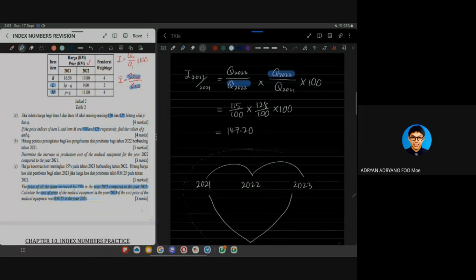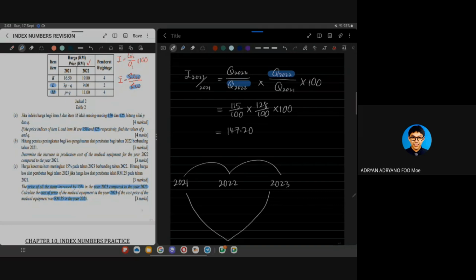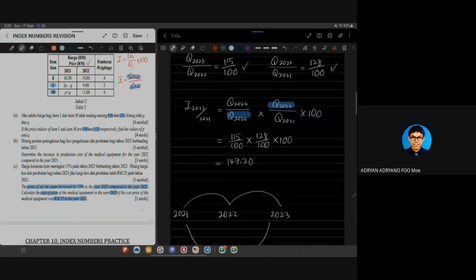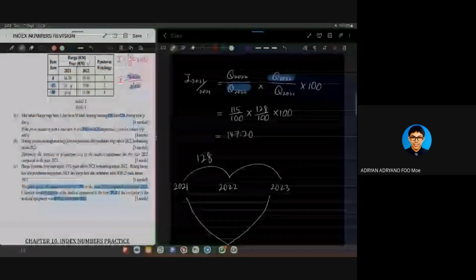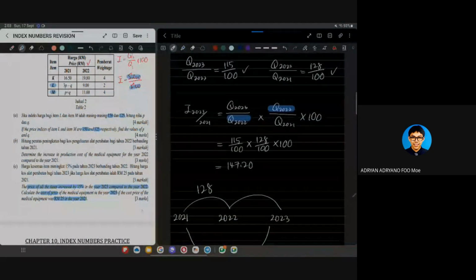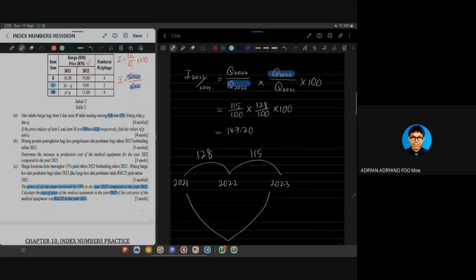Love method 的话，okay, you will get like this. 2021去2022，请问我有了吗？有，128。2022去2023，有吗？有，115。现在我要的是2023 per 2021，所以我当做这里是 x。OK，上面的我会互相乘，我会除这个 x，下面的。So 128 times 115 over x equal 100。一定是等于100，因为那个100是原本有的 percentage，因为你没有起，你也没有跌，所以是100。